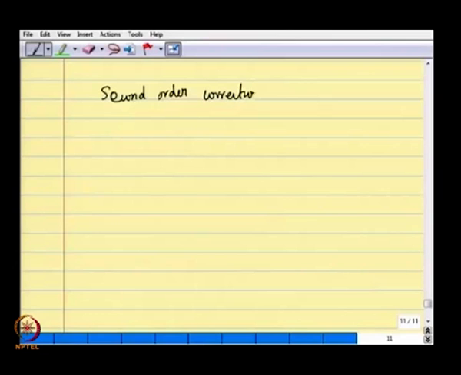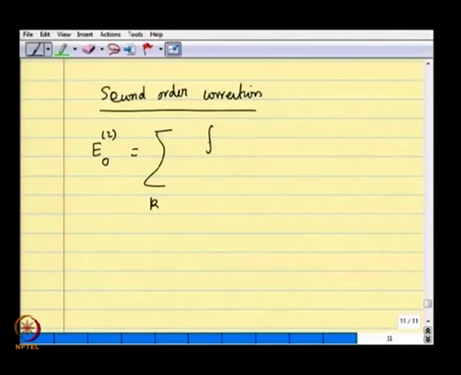And again, the result for second order is somewhat simpler than what we would write down. But let us first write down the corrections, namely E, the lowest energy level 0, and the second order correction 2 is given by the sum over k, the integral